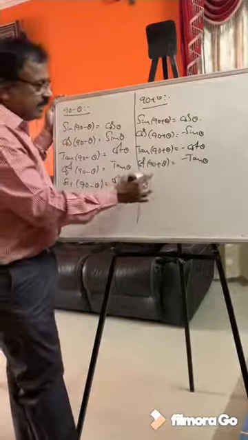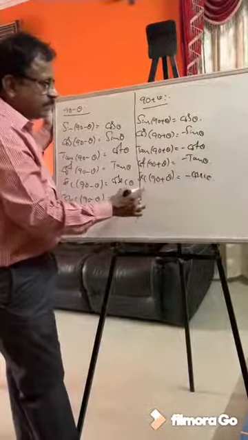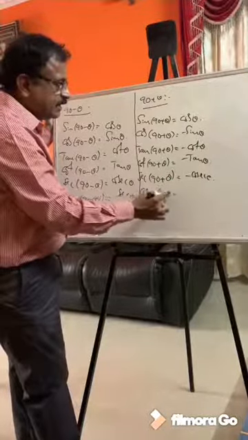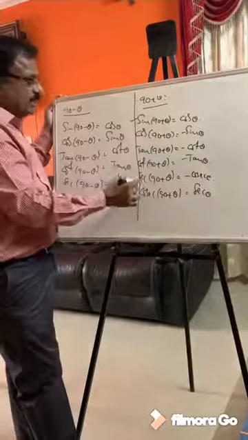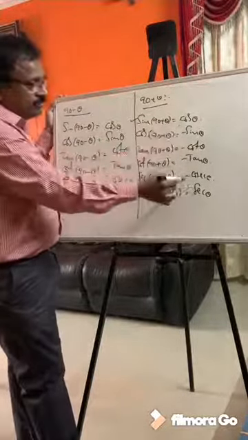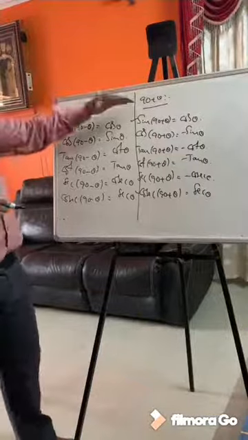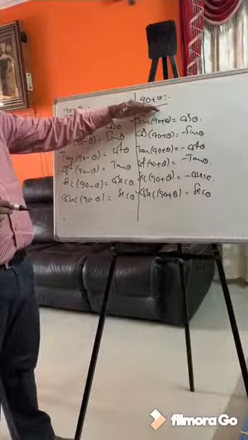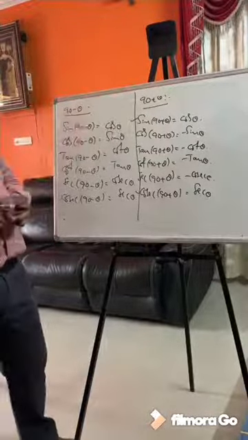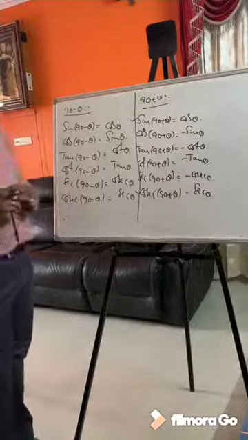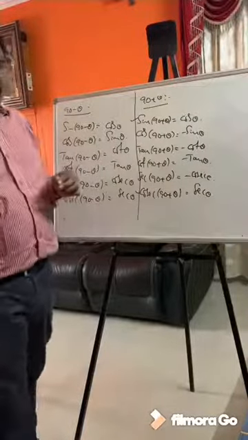Try to understand. Secant 90 plus theta is minus cosecant theta. Cosecant 90 plus theta is plus secant theta. Why? Because I told you sin and cosec, these two are positive. Remaining 4 negative. Maybe you understood very clearly. 90 minus theta, 90 plus theta, depending on the quadrant, depending on the angle, we need to write like this. One more angle I will tell you, that is 180 minus theta. Once 180 minus theta is over, the remaining you can write yourself.